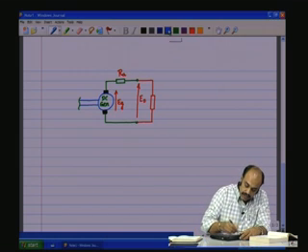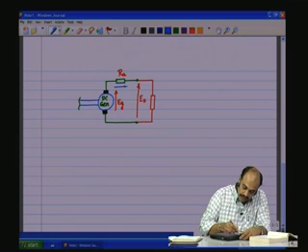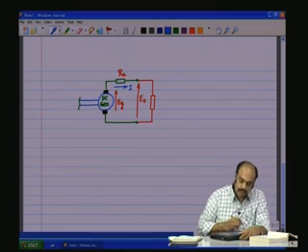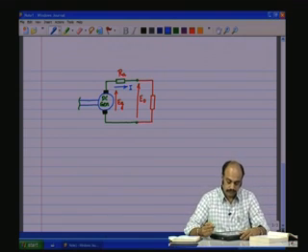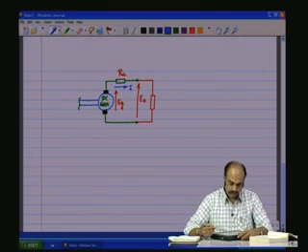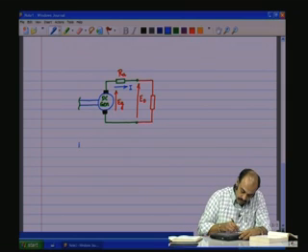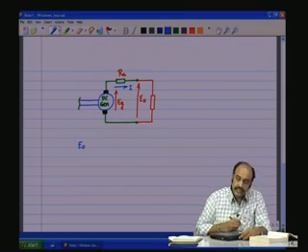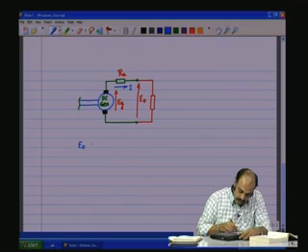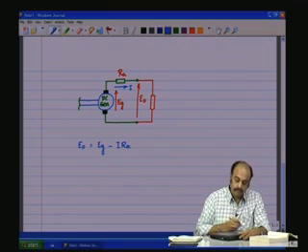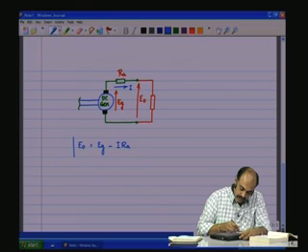So, there is going to be some current I which flows through this. So, what is E naught? The actual voltage that is coming across the load will be Eg minus I into RA,